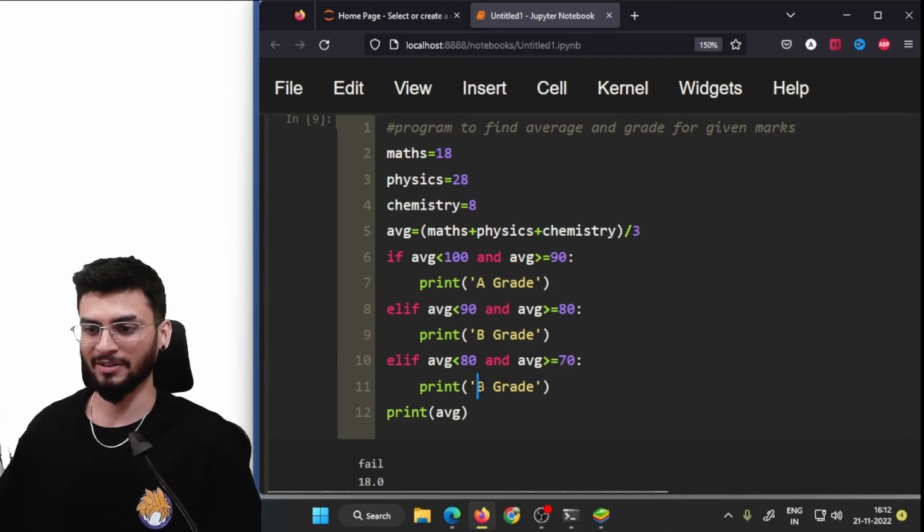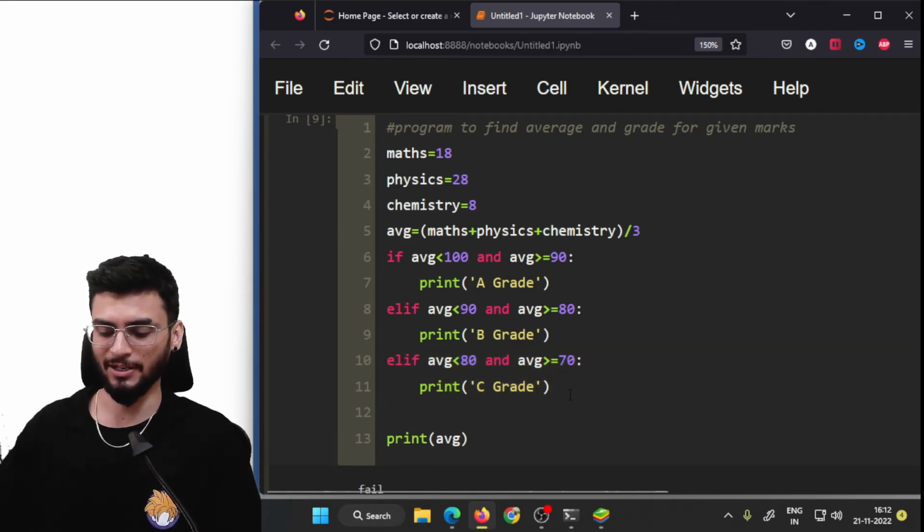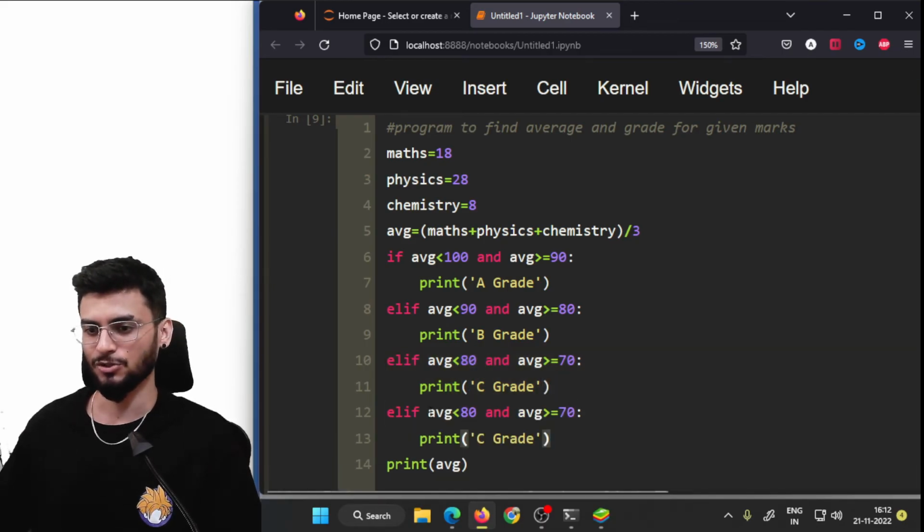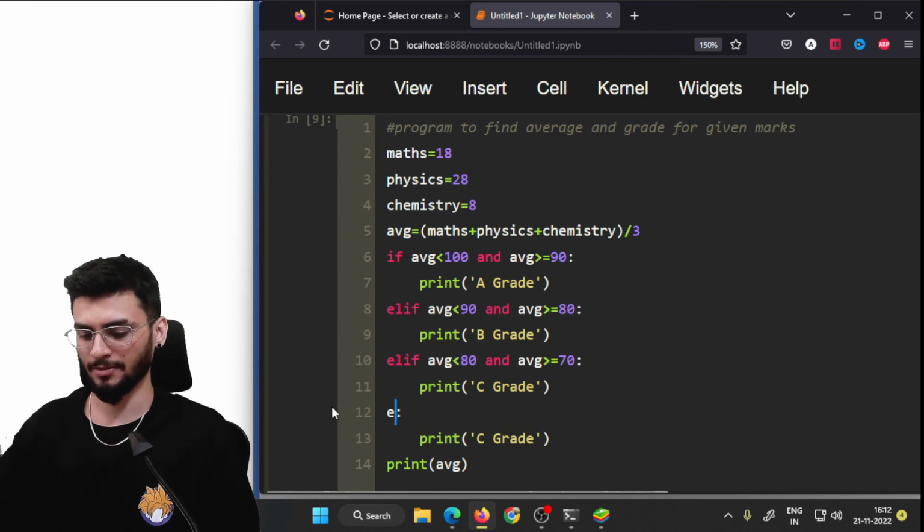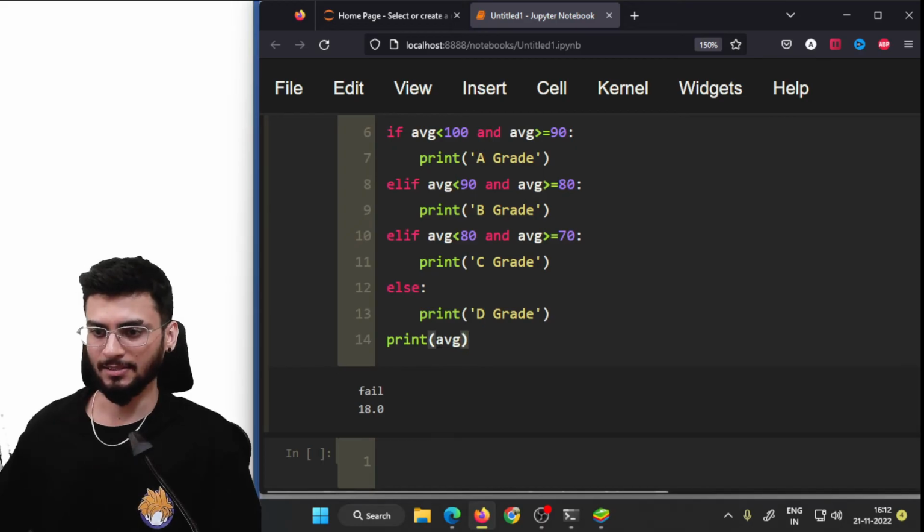For the second block, I'm giving the C grade. Also, you can create as many grades as you like, depending on the problem that you're facing. So in the last one, I'll be just writing else print D grade. So with this, I can also say